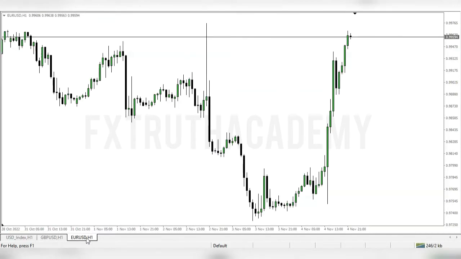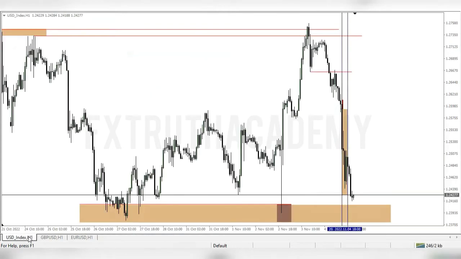So I didn't want to stress myself on the pounds. I was actually focusing on the euro. That's why you want to be looking at two pairs when trading with a day trading approach or short term, so that if one is not giving you what you want, you can focus your energy on the next one. You get? So that was what I was actually doing. So that's how I got into the trade.